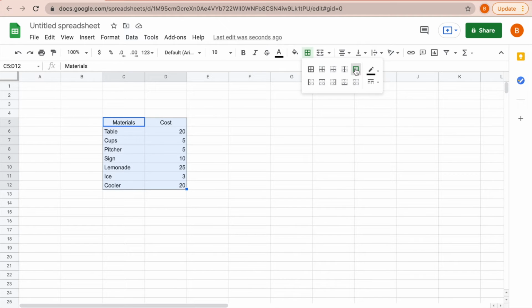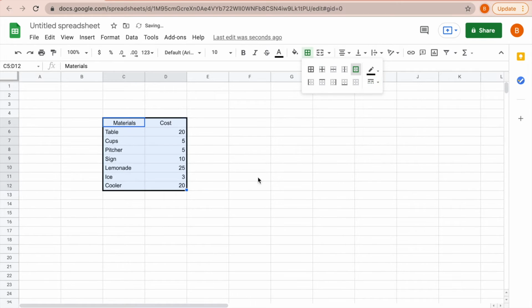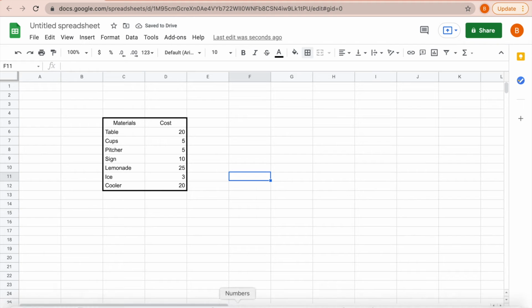I'd like it to be a little bit thicker to stand out a little bit more. So what we're going to do is go down to border style right here and click on that, and we're going to make it, let's go with this one. This is a nice thick border. Boom. Okay,